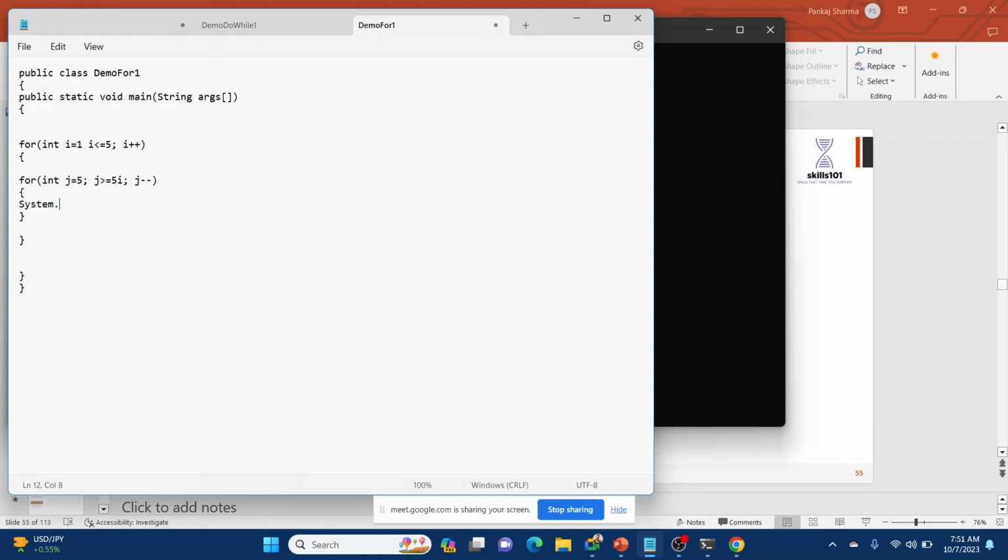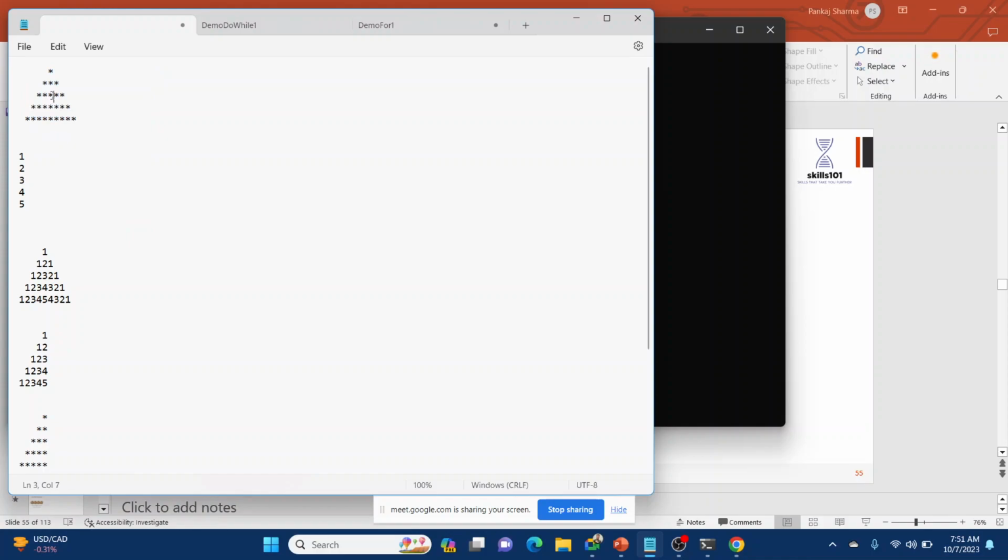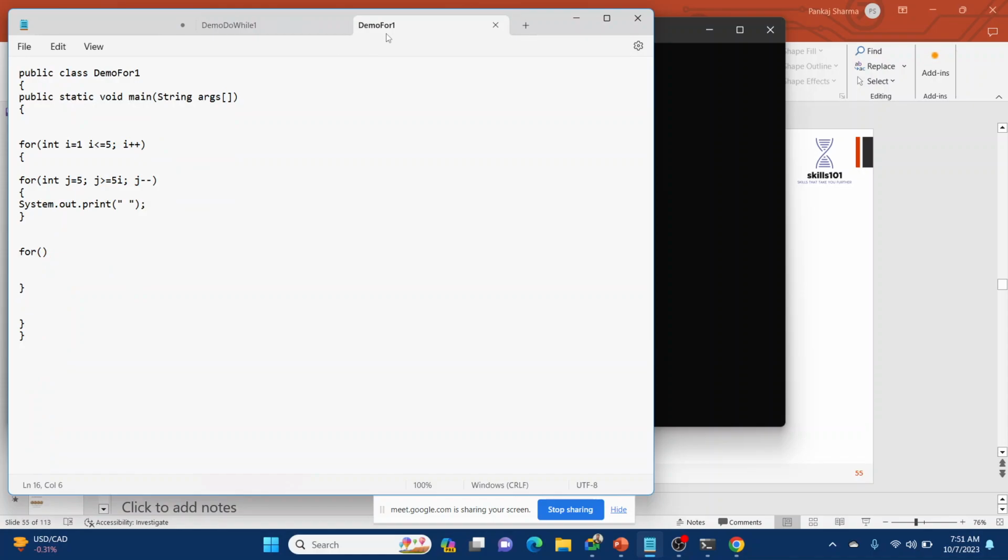System.out.print, not println, with a space and semicolon. So this is for the spaces. Now when we understand this, in the first row there is 1 star, then in the second row there are 3 stars, then in the third row there are 5 stars. So it increases by 2 every time according to the row.